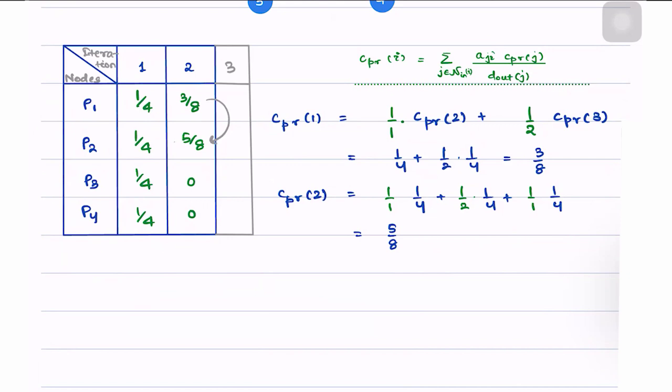So in the third iteration, what we get is that the centrality scores now keep switching between 1 and 2, meaning in the next iteration, 1 transfers all of its importance to 2, and 2 transfers all of its importance to 1, meaning this value here becomes 3 by 8, and they remain 0. So the search engine would get trapped between the nodes 1 and 2, which in reality, of course, doesn't happen.